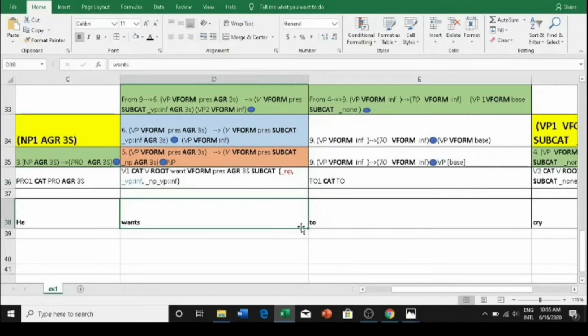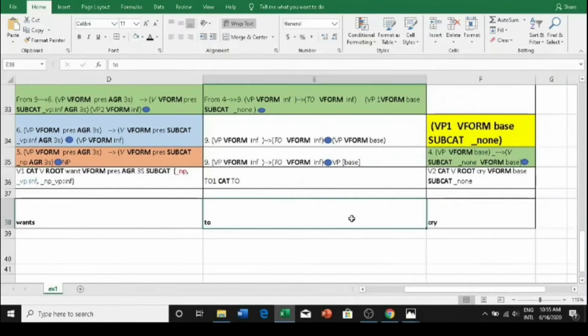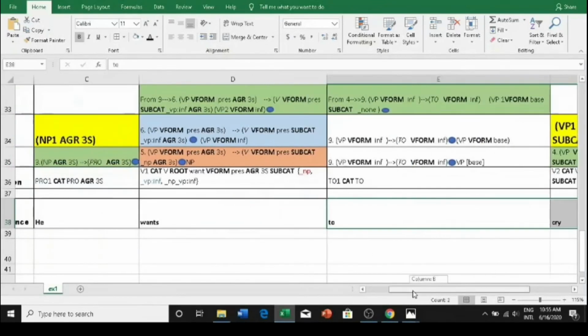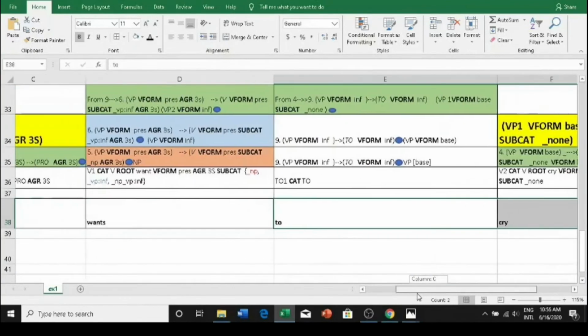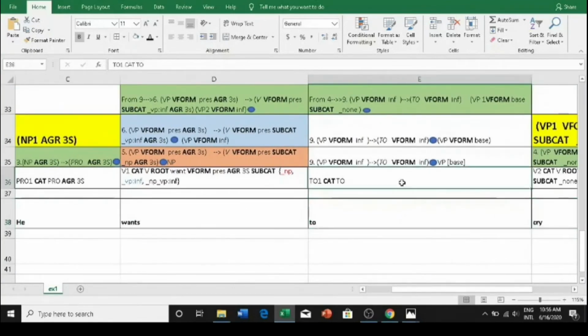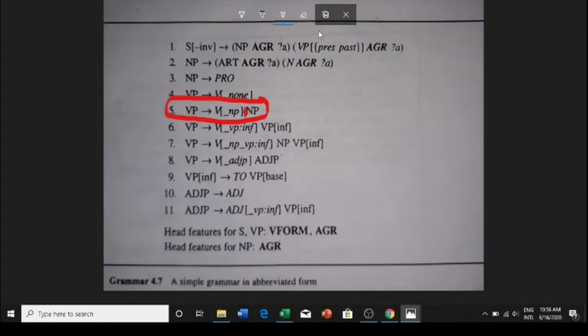Because in order to proceed with this rule, that is the rule for ones, rule number 5, we need a noun phrase from the next section, that is to cry should actually match with noun phrase, so we have to process to and cry. We are going to process to now. Okay, so this is the lexicon entry that we got for to, and you see that the categorization is to itself. So from the grammar set we need to find a rule that has to on the right.